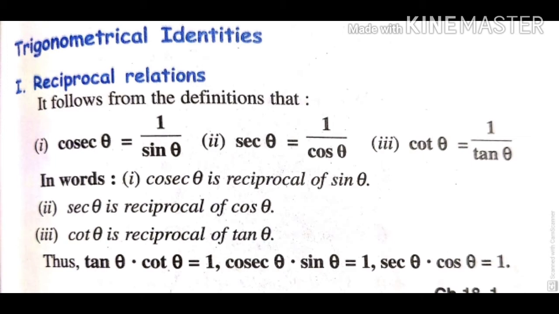Now, when you multiply cosec into sine, you get value 1. So here in the last line it is written tan into cot is equal to 1, sec into cos is equal to 1 and cosec into sine is equal to 1. So students, this relation is helpful to you in solving the prove that type of questions of the first exercise. It is also explained by the ratios that tan and cot are reciprocals, cosec and sine are reciprocals, and sec and cos are reciprocal of each other. So you have to remember this for a long time.